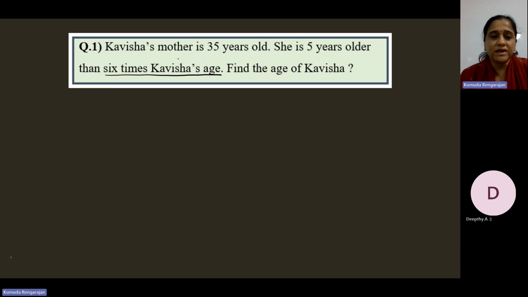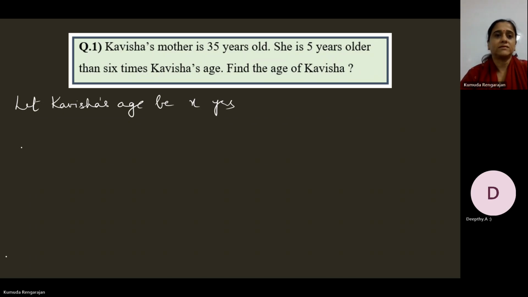So don't you think we'll have to take Kavisha's age as x? Because see here we have 6 times Kavisha's age. Then you should know Kavisha's age, right? Or you should assume Kavisha's age, right? Then only you can write 6 times Kavisha's age. So let Kavisha's age be x years. Therefore, Kavisha's mother's age